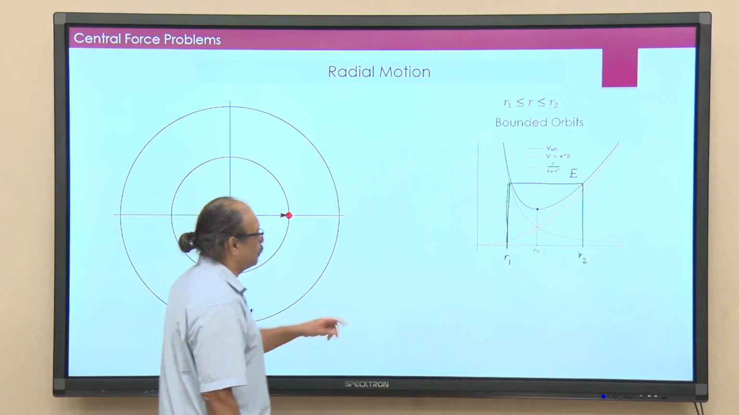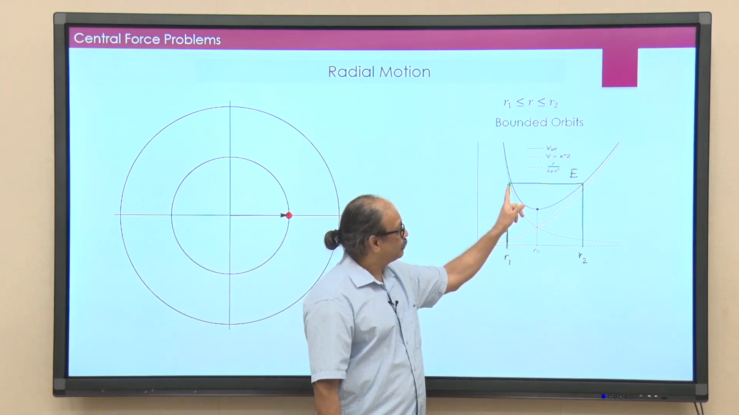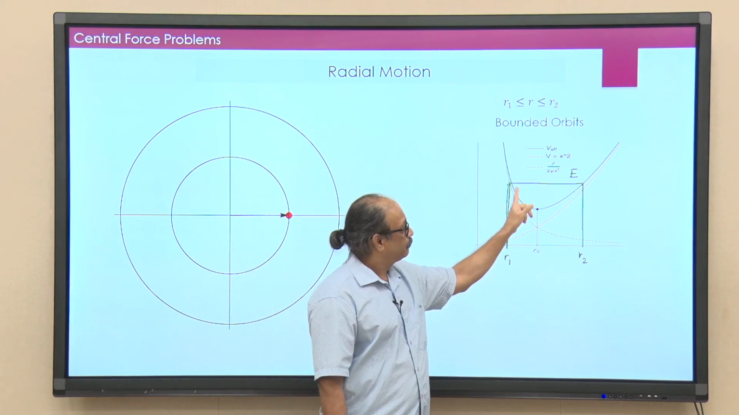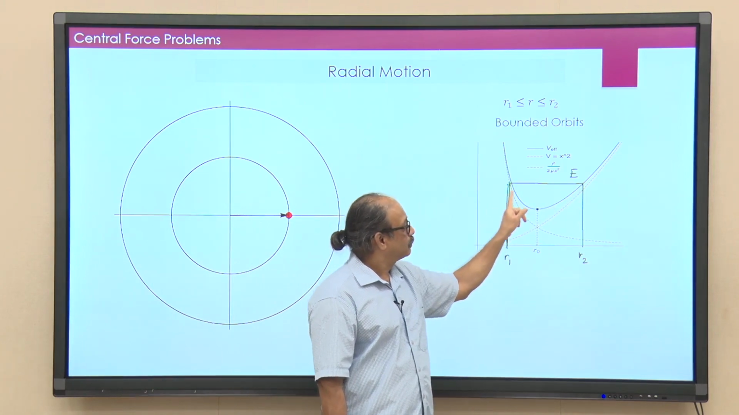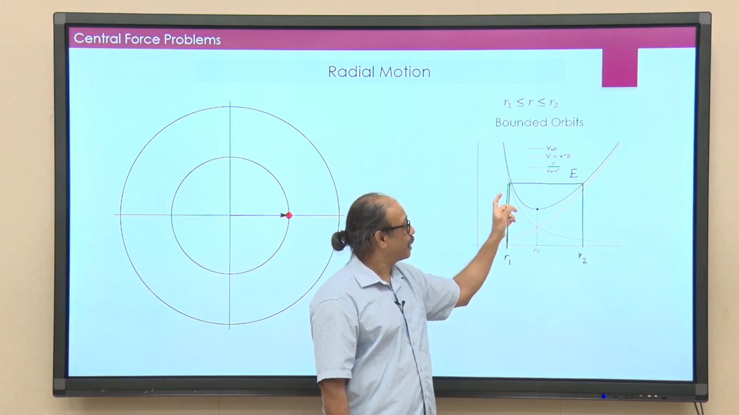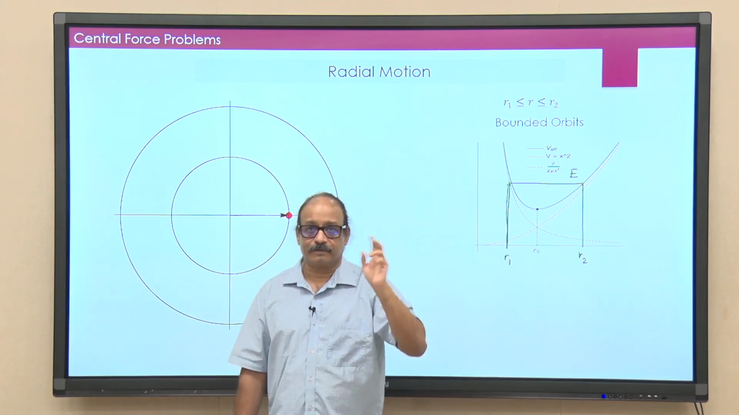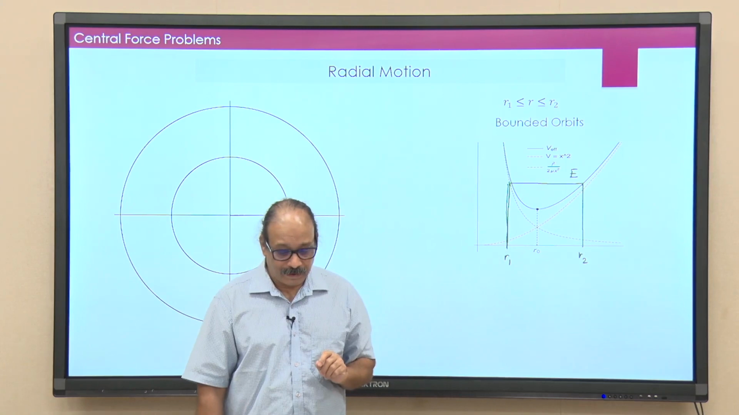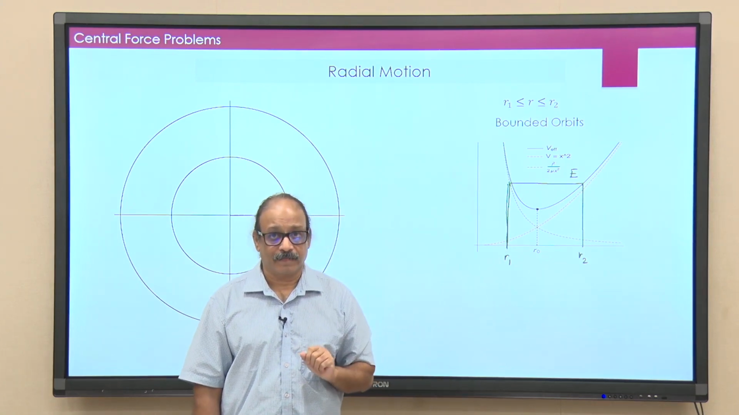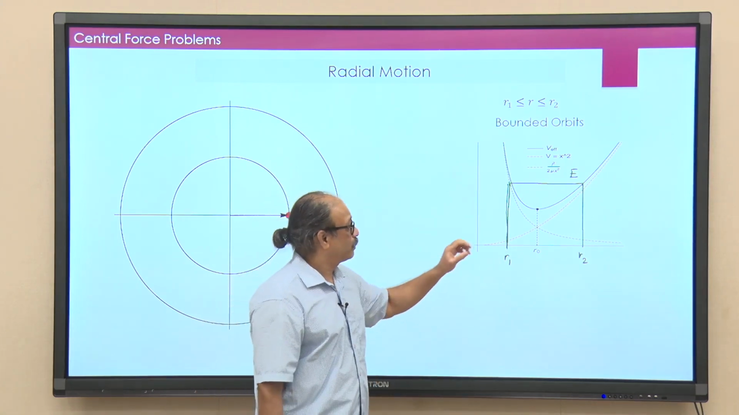In this example, I know that the particle actually travels between these 2 points. So, it starts, say, from r1, goes to r2, and back to r1. So, it keeps doing this. This would be periodic motion. Okay. And once you have this periodic motion,